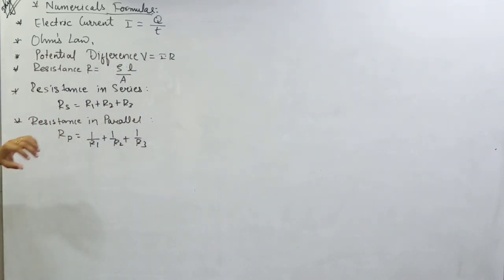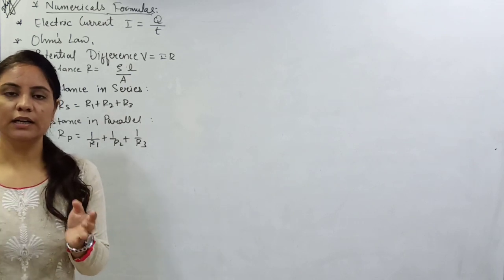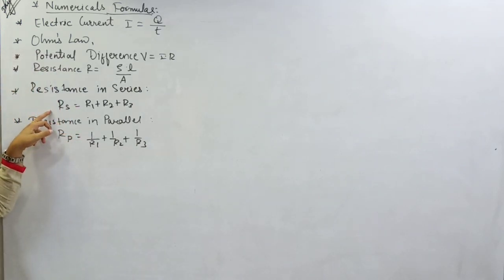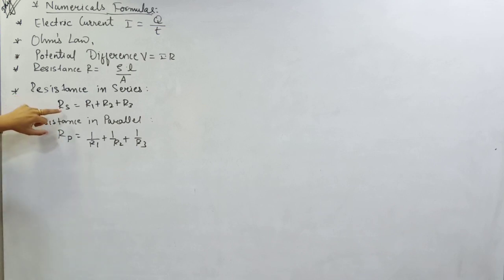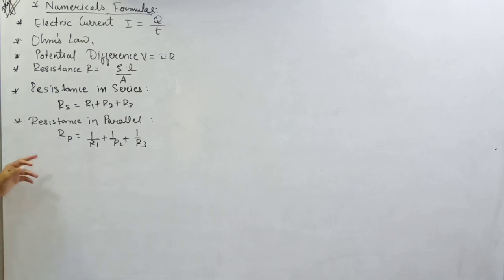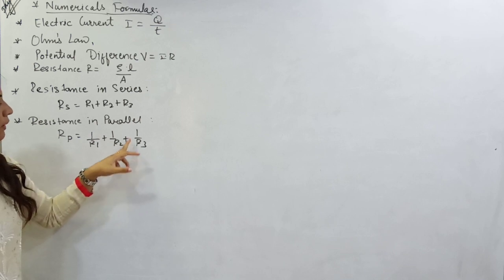One more thing, suppose some devices are given to you in a series connection. Some objects are connected in series. You all know because you have read the theory part also, so no need to show that. You can just derive the equation: series resistance Rs is equal to R1 plus R2 plus R3. And suppose the devices are attached in parallel connection. Then you have to go with the equation: parallel resistance Rp, 1 upon Rp is equal to 1 upon R1 plus 1 upon R2 plus 1 upon R3.